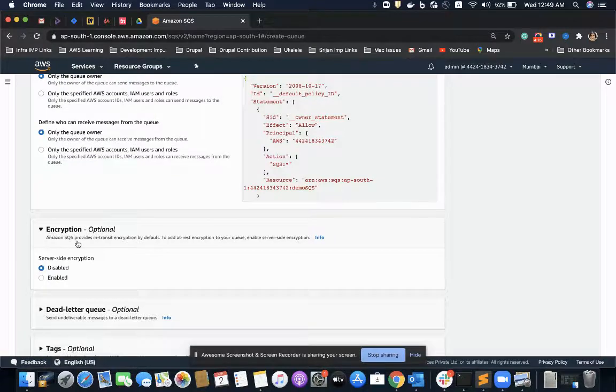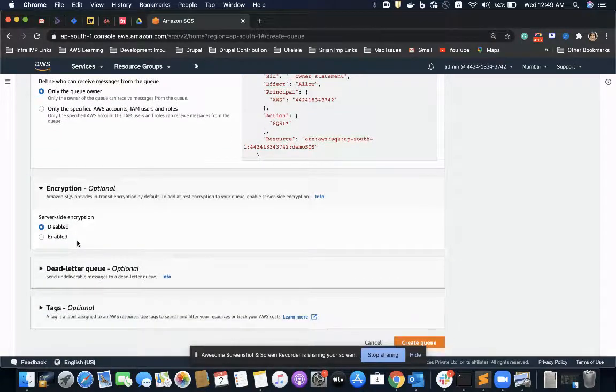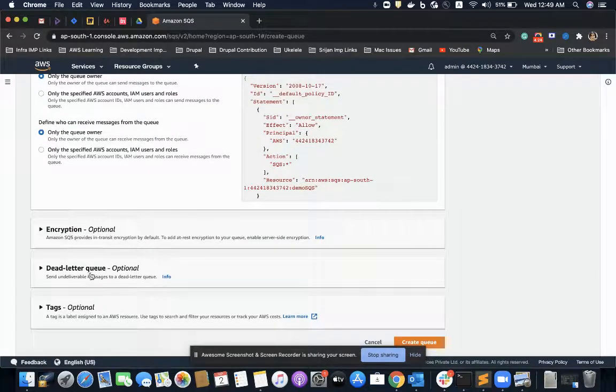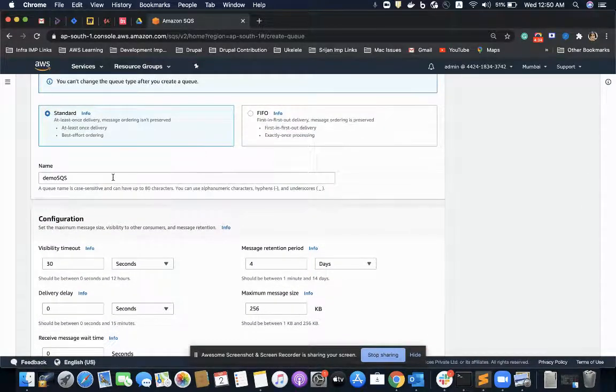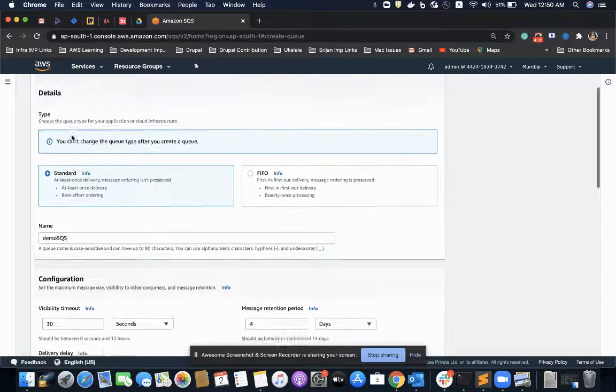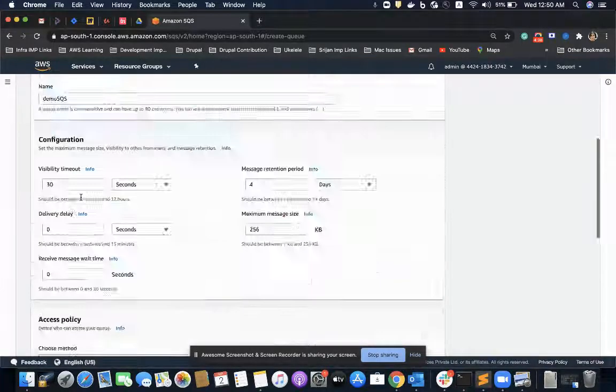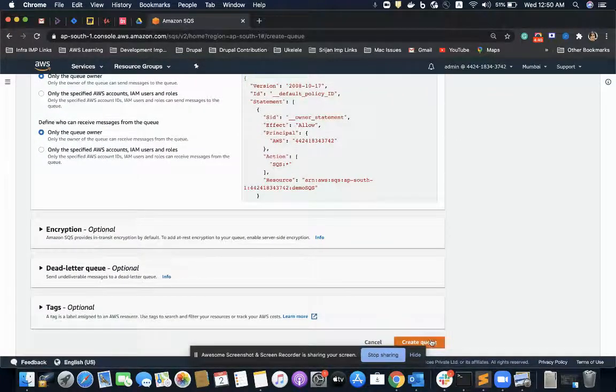As I've told, we have all the three options available with encryption, so we can set it from here. I would go with disabling this option. Then dead letter queue and tags, I would explain about this concept later in this video. So by just applying the name as demo SQS and the type of SQS as standard, I'll be creating the queue.